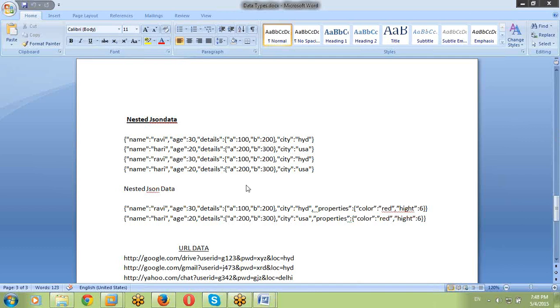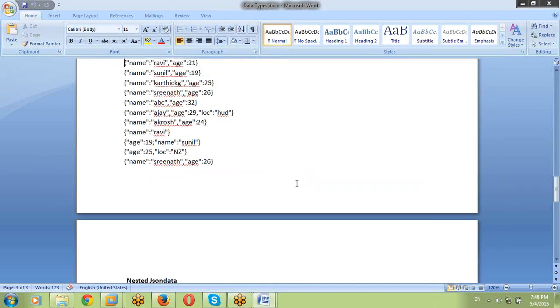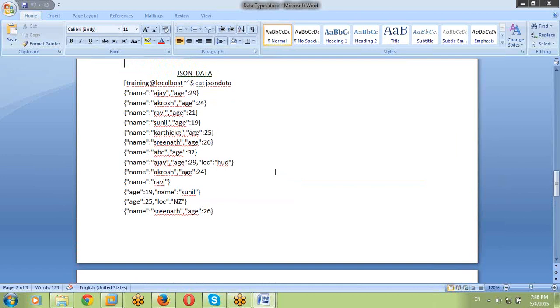Right. Actually, JSON data, there are two types, nested JSON data or plain JSON data. Whatever it is, this is what JSON data looks like. And this JSON data, I want to convert into structured format, similar to an XML file. Here, three objects are there. In this JSON data, totally three objects are available. In this line, two objects are there, name and age. In this line, three objects are there, name, age, and location.